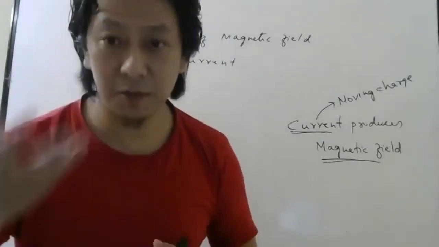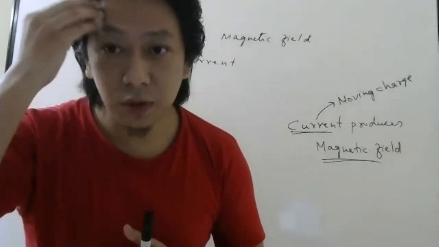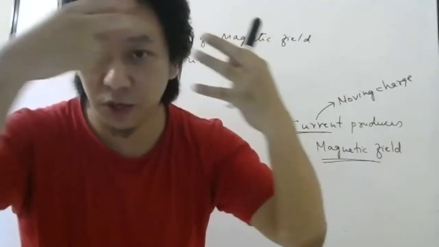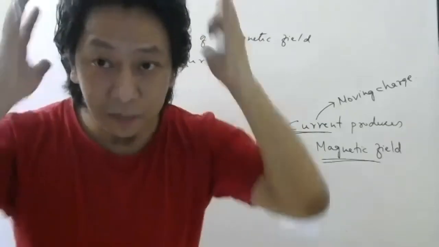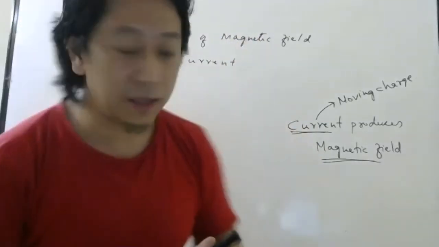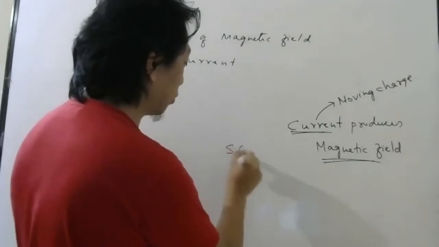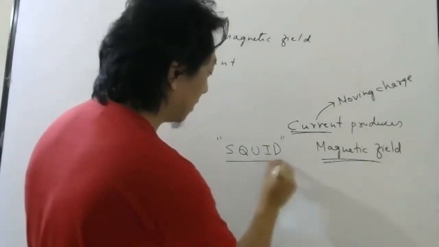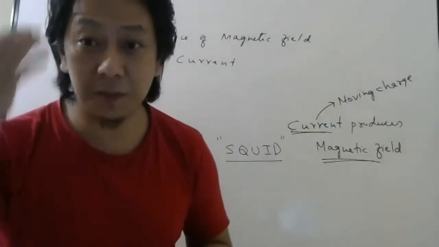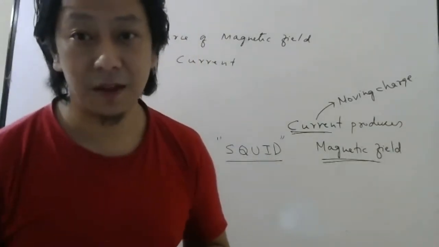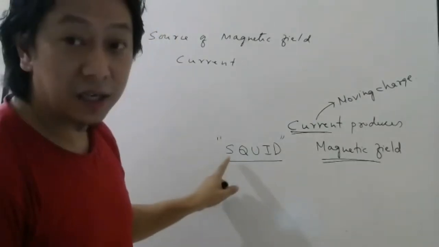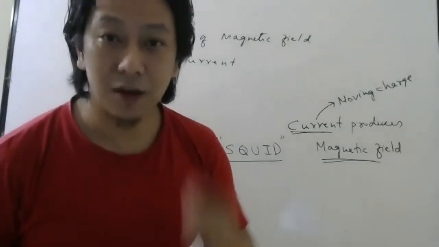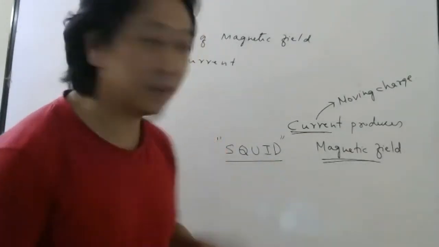In fact, I think some of you may know that your brain, where the currents are maximum, when you think there are current impulses, voltage impulses moving around, so they produce a magnetic field around. And there is an instrument called SQUID. This instrument can actually measure the magnetic field produced by our brains also. The full form of this is superconducting quantum interference device. We studied this in the Masters. Okay.